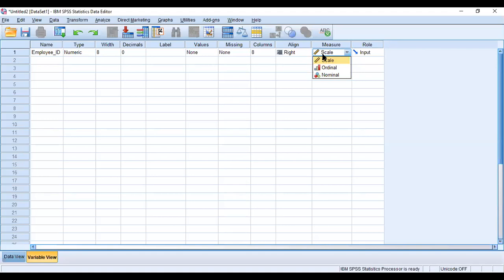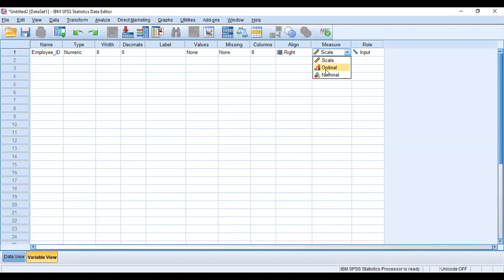So the name of a person can be treated as a nominal variable. I hope you have got what a nominal variable is. Clear? The importance of one respondent over the other respondent cannot be identified in this nominal variable.